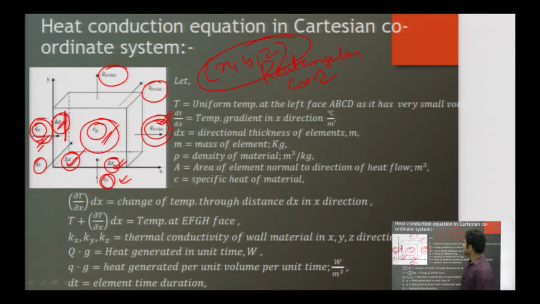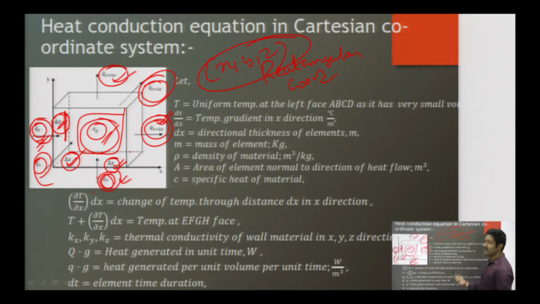Similarly, the magnitude of qy plus delta y will be higher than the magnitude of qy, and along similar lines, the magnitude of qz will be lesser than the magnitude of qz plus delta z, just because the heat exiting the cube is encountering this internal heat generation per unit volume. You can say it's the heater element or whatever, something is producing heat inside the cube.